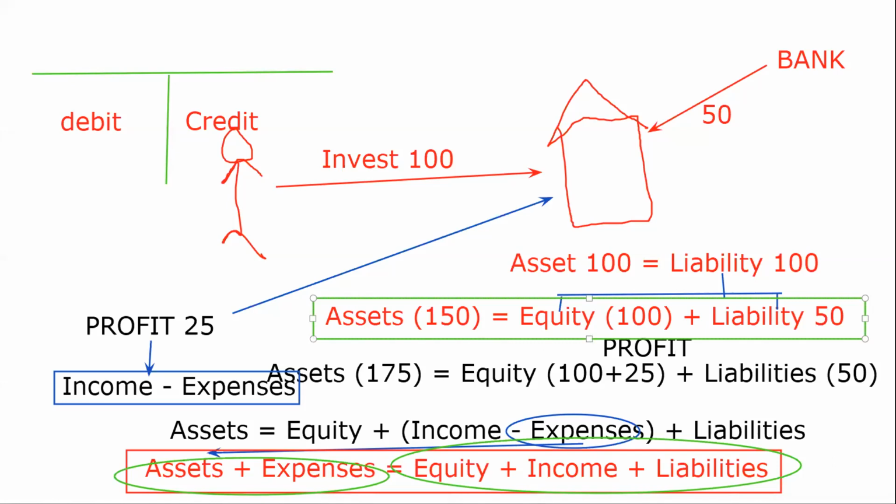Then we are coming back to our presentation. Starting with this: asset equals equity. Then assets equals equity plus liabilities. Then we added profit, income minus expenses. And finally, you can see